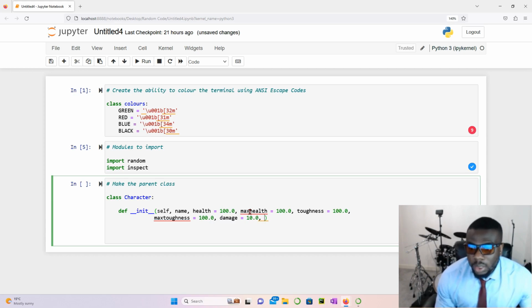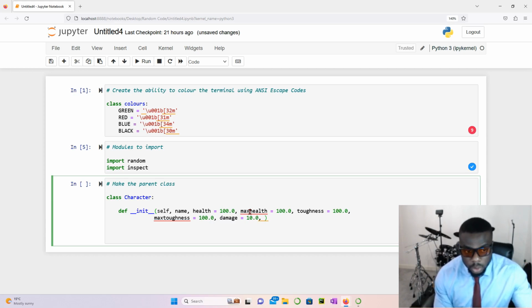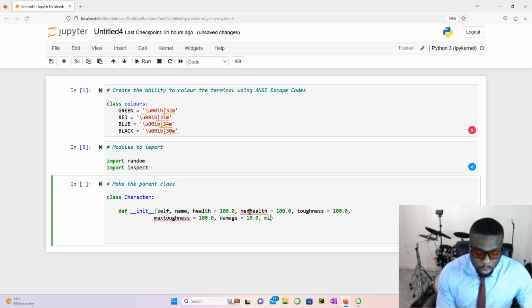Now here's where it gets important, and you'll see why I'm using random. For melee attacks, I created two attributes called melee lower and melee upper. These are the only numbers which are integers. The reason I'm swapping between integers and floats is that when I used all integers the last time, I coded this and just tested it out, and I was getting really weird values and I didn't like it. So just to stay on the safe side, with my high rolls and low rolls, I'm just sticking to integer